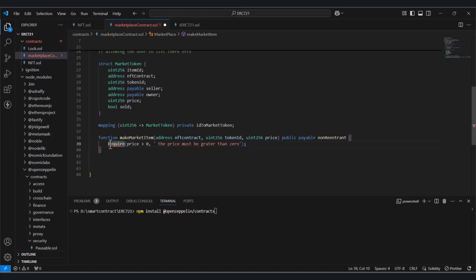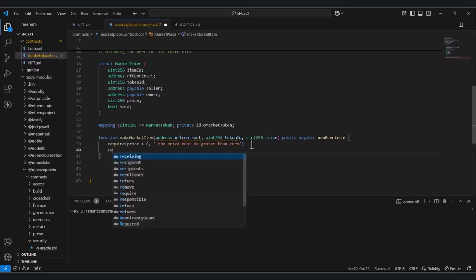Sorry for this. I want to change this to required. So the next important thing we need to check is the user address, or the lister address, has at least enough to pay the listing price. For that, I wanted to write require